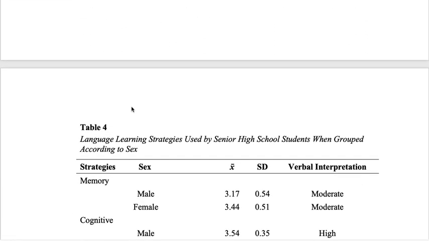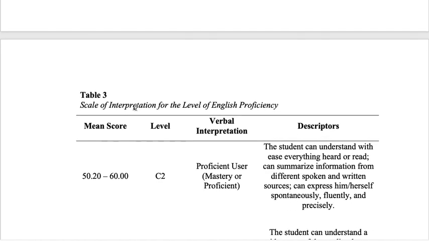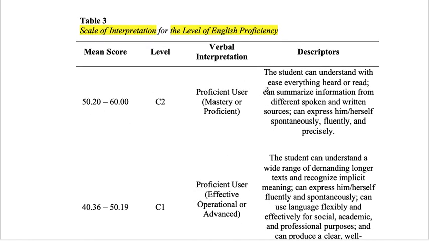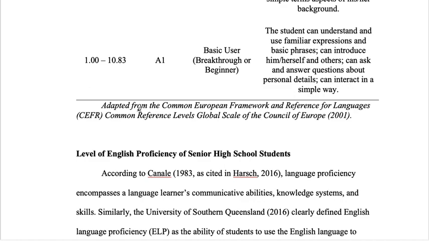Okay. This time, the level of English proficiency. So take note that previously I presented to you the statement of the problem and the research questions. We have language learning strategies used and level of English proficiency as variables of this study. So also, you are to provide a scale of interpretation for the level of English proficiency. And this one, class, is adapted from a source. So if it is adapted from a source, you are to write it down on your table that it is